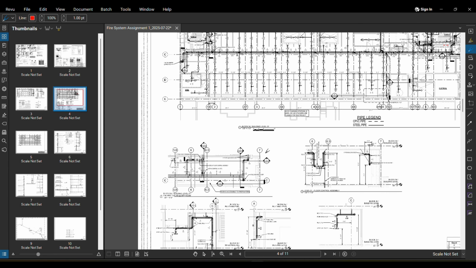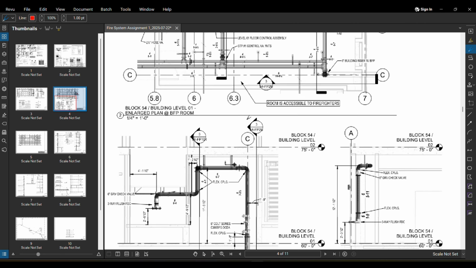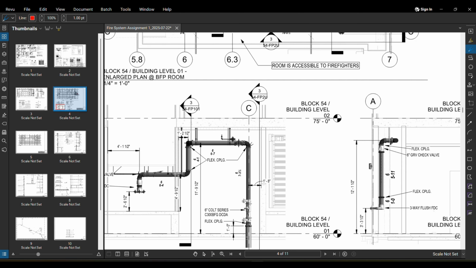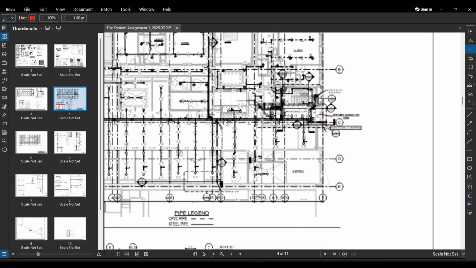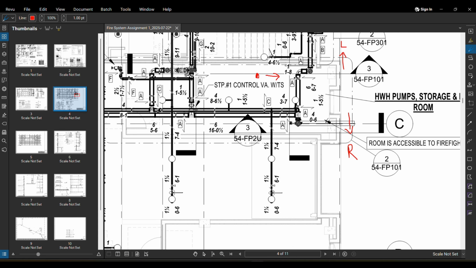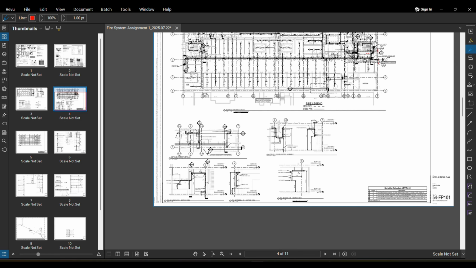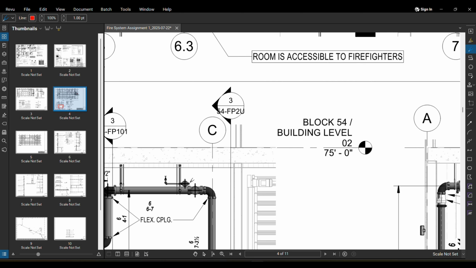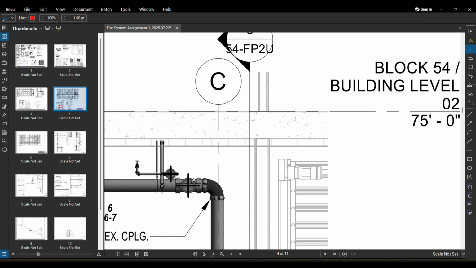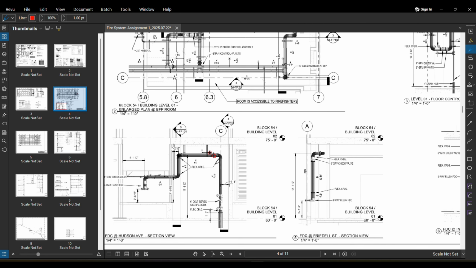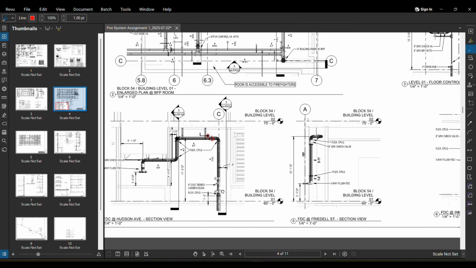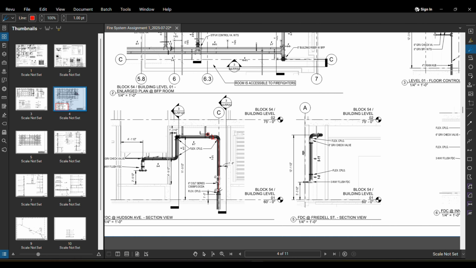So I'll just try to locate it. Here is my grid C, and if we go away from grid C, we have to look on the left side. Grid C, and on the left side, can we see we have some cross sections of two pipes. So exactly these are the two pipes, this one and this one, that we are going to be modeling. So we have an idea of where these two pipes lie and how this riser, we have seen